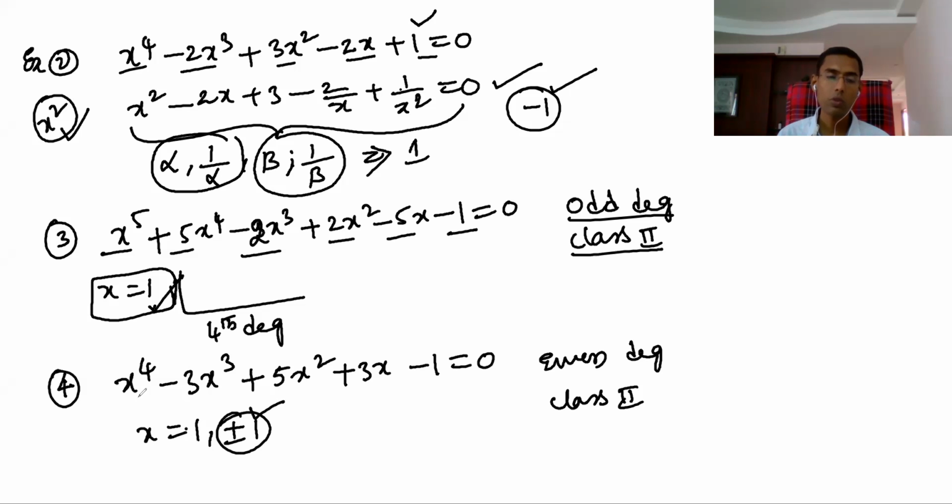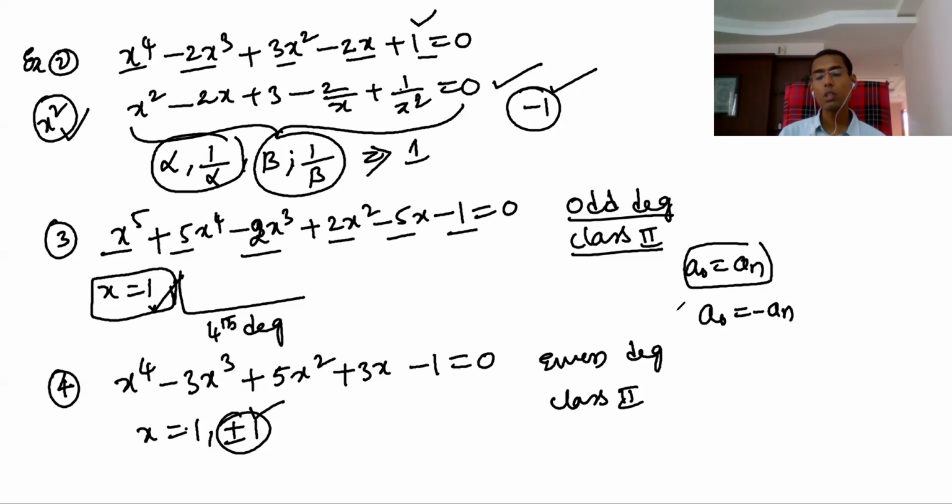Plus or minus 1, if you put plus 1, it's a root. Minus 1, if you put also, it's a root. So both are the roots for this. Okay, hope you understand this one. But this one you need not learn by heart. Only thing you need to see is what is class 1, what is class 2. Class 1 means what? A naught equal to an. Class 2 means what? A naught equal to minus an. This much only you have to remember.